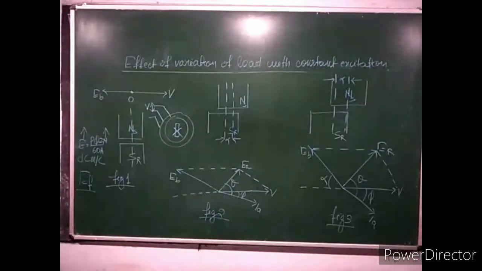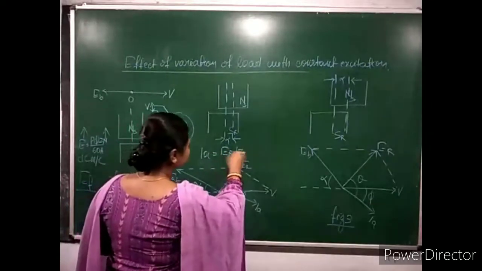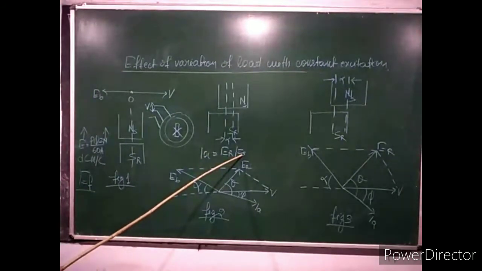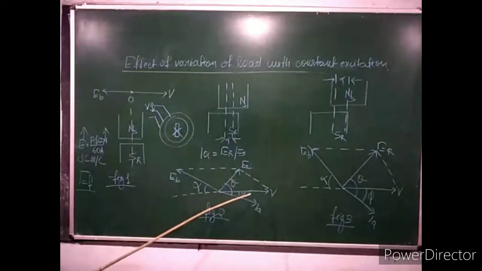By some angle alpha. And the resultant voltage ER causes the current, which current? Armature current, which causes the current here by Zs. What is Zs? Zs is the synchronous impedance to flow in the stator winding, which lags ER by an angle theta called the internal angle of the synchronous motor.